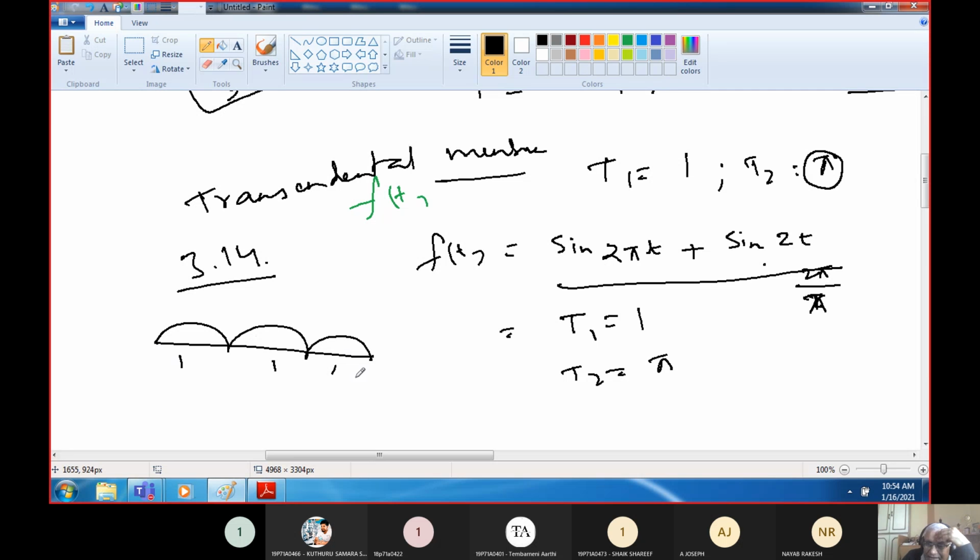Which means when we don't know what is the exact value of pi, how can we say that it will repeat at regular intervals of time? We don't know where to land this point here. Where should it go? Because 3.1, no, somewhere here. We don't know where it lands. So it lands somewhere between 3 and, okay, so we will simply say somewhere here it will be the point.